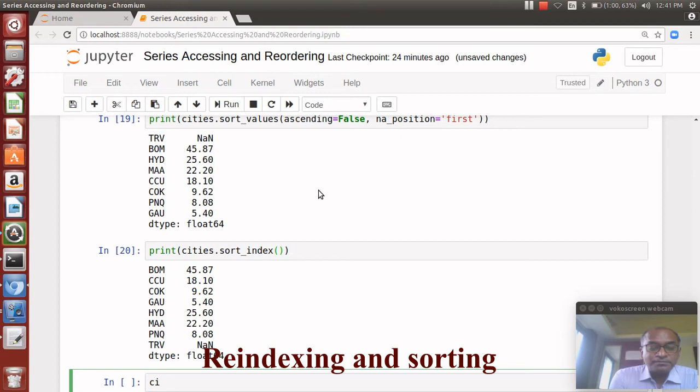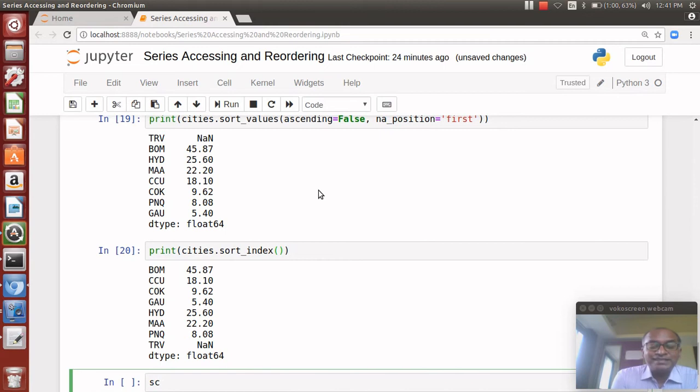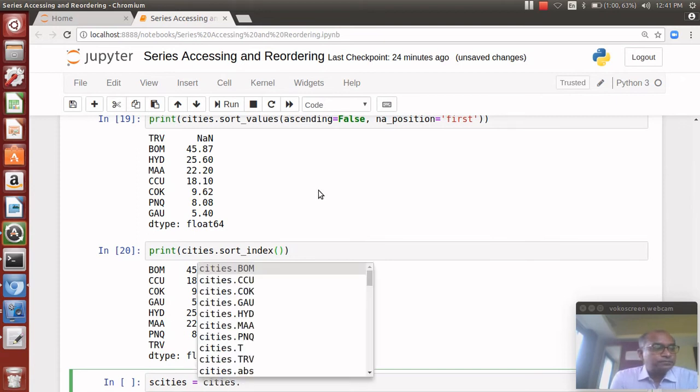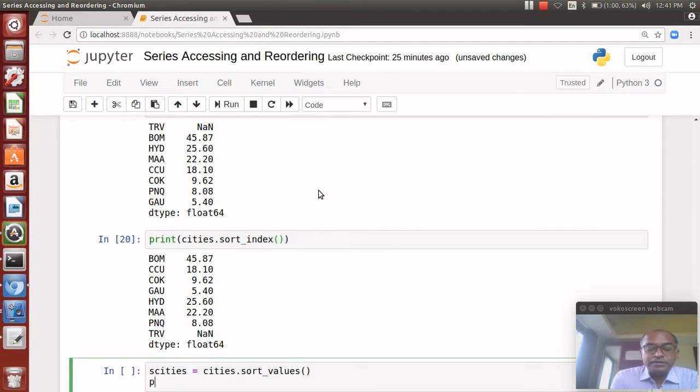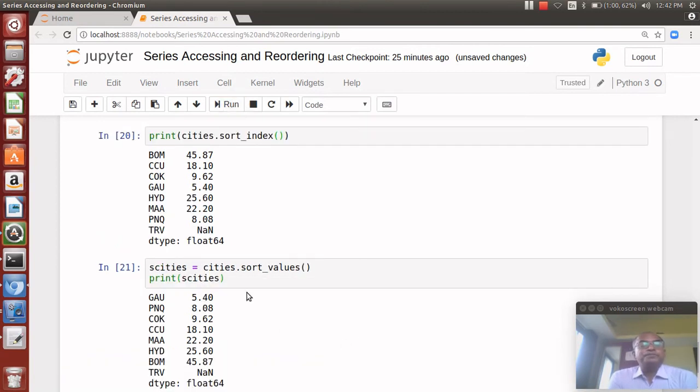Okay, so I say s_cities equal to cities.sort_values, and of course print it to see how it looks like. So here we are, and now we apply the function,